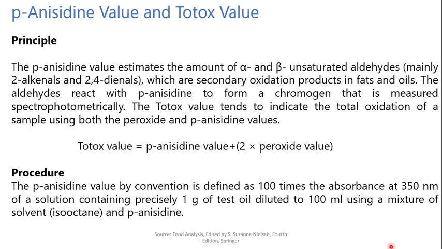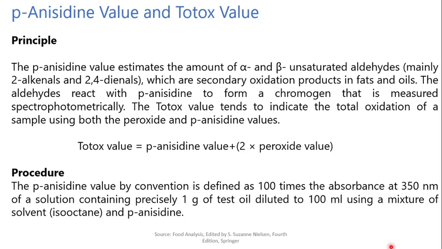Then the next one is the para-anisidine value or Totox value. So what is meant by para-anisidine value, or we can say the Totox value? So principle, a para-anisidine value estimates the amount of alpha and beta unsaturated aldehydes, mainly 2-alkenals and 2,4-dienals, which